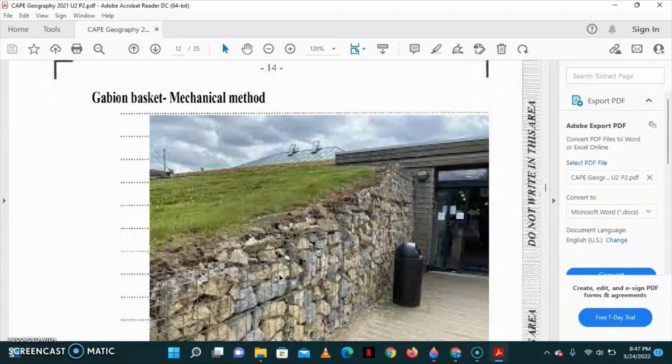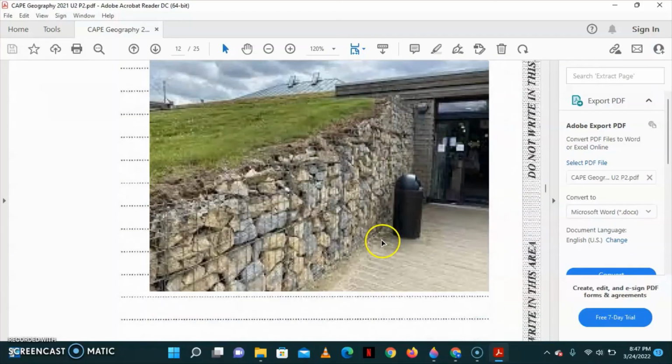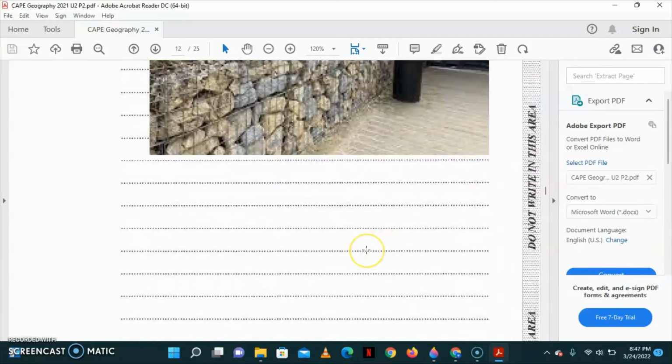So, just to summarize, terracing is mechanical, agroforestry is agronomic, and the gabion basket is mechanical. If you need any additional information, please feel free to drop it in the comment section, and I will comment